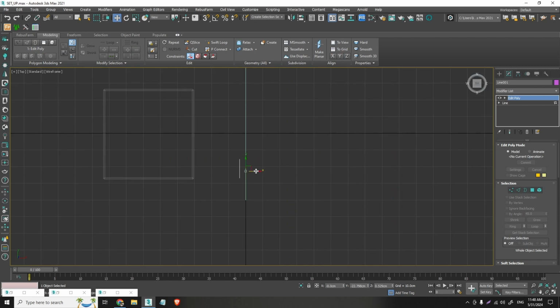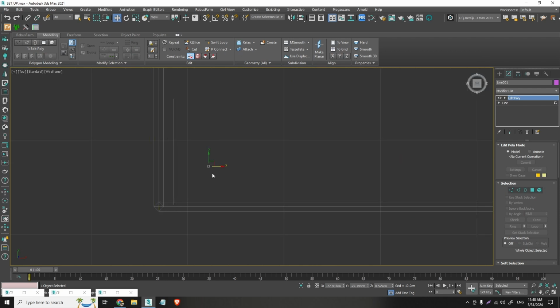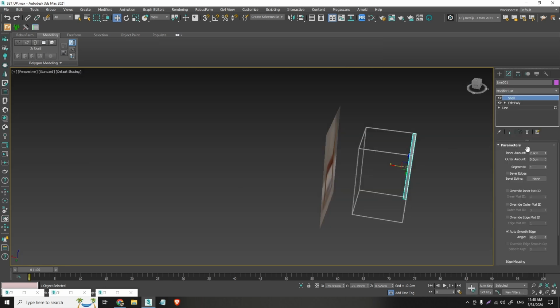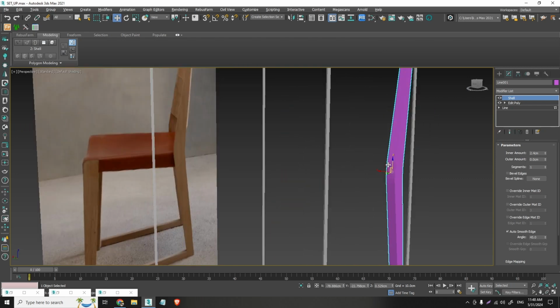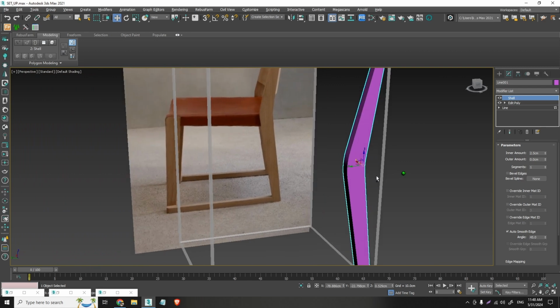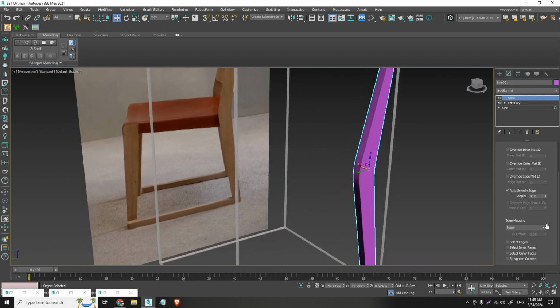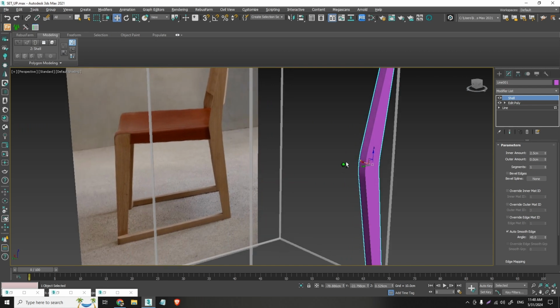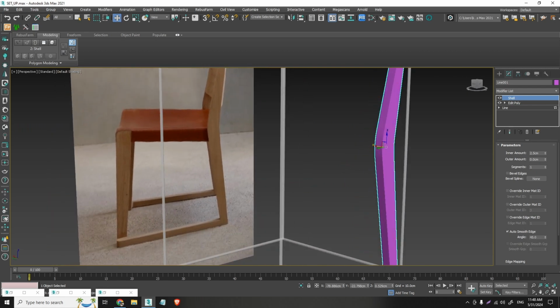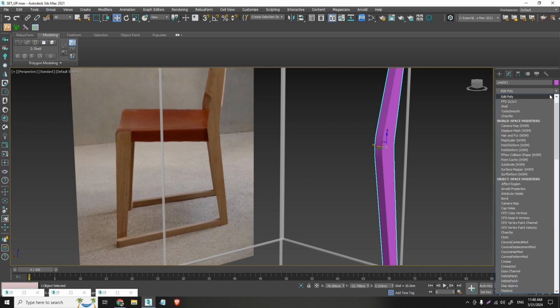And yeah, I will take this, position it right here on the end of my wire box, and I will place a shell modifier. Now 2.4, maybe 2.5, maybe that's too much. No, it's alright, let's keep it that way. Alright, and make sure to have the auto smooth edge turned on, and then I will apply an edit poly